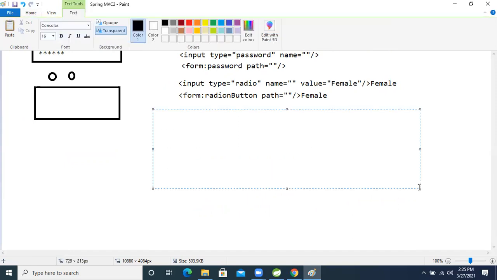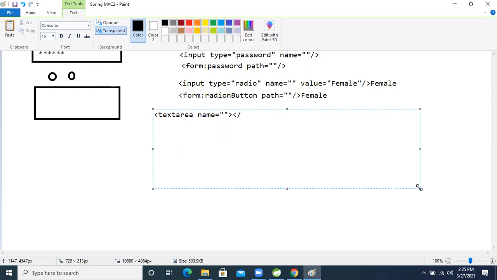So now, how are we writing it? See that. Text area in input: textarea. Then the name attribute, we give the name in the text area, and then close it.